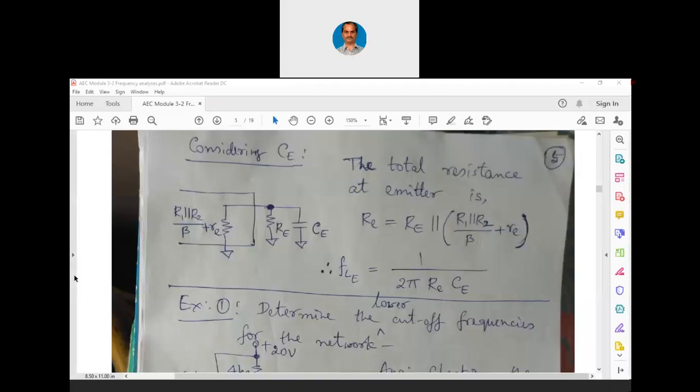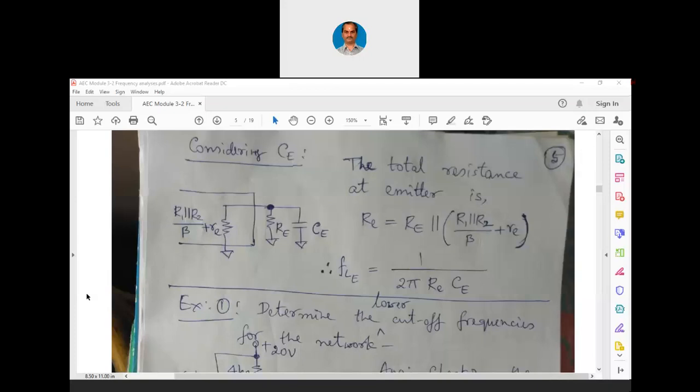So now considering the emitter capacitance, we can write the expression as FLE equals 1 over 2 pi RE into CE. We are writing capital R and small e because now see, we have capital R and capital E. We have small r and small e. Now the notation effectively is capital R and small e because we are left with only that particular combination now. Capital R, capital E is a physical resistance present at the emitter. Small r, small e is the internal resistance of the emitter junction or emitter region.